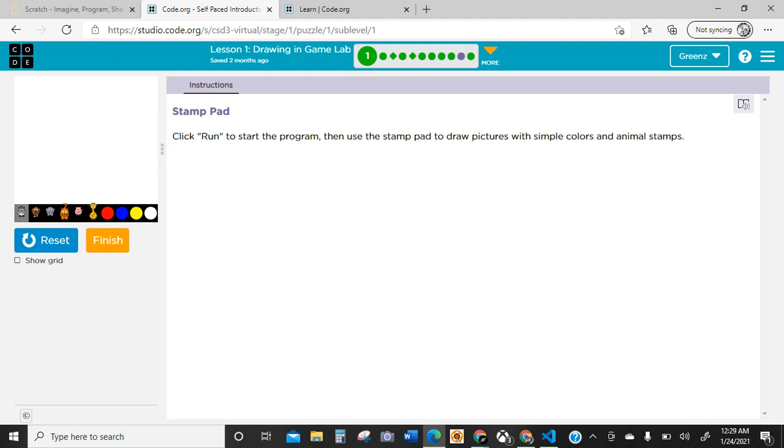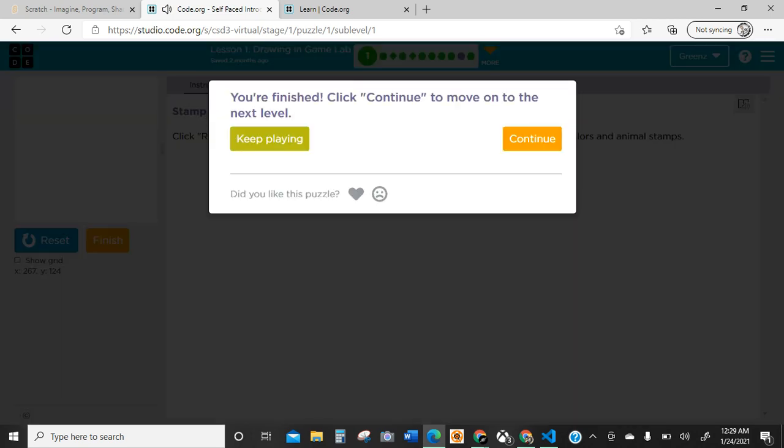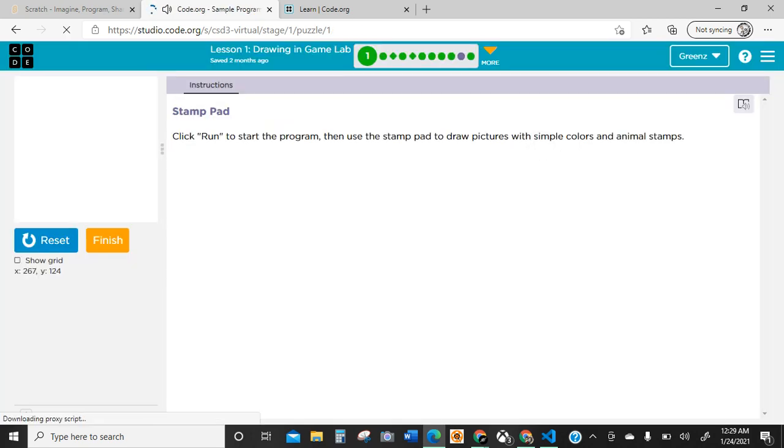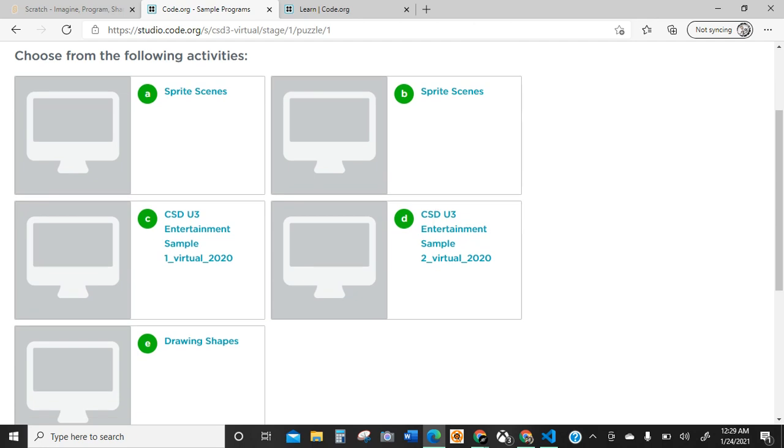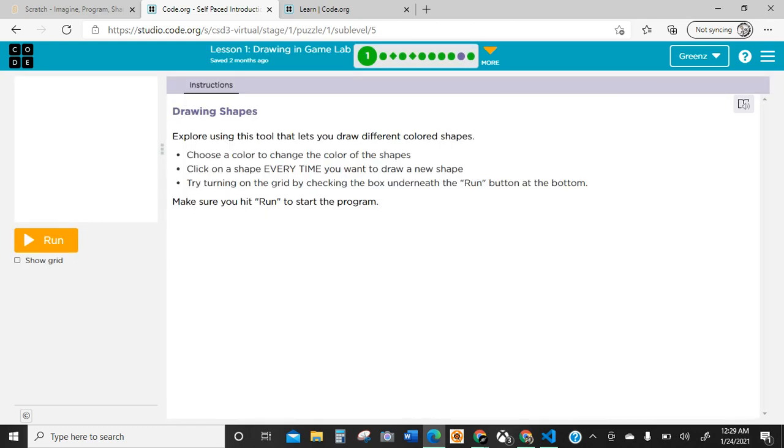It says click run to start the program, then use the stamp pad to draw pictures with simple colors. You see how easy that is? You see how fun that is? That's just one little thing you can do, and that starts students off, and it's really fun for students. You can do another one, drawing shapes, right here. It says explore. Oh, and it'll read it out to students also if they don't have a teacher reading with it, but it's best to walk the students through. But explore using